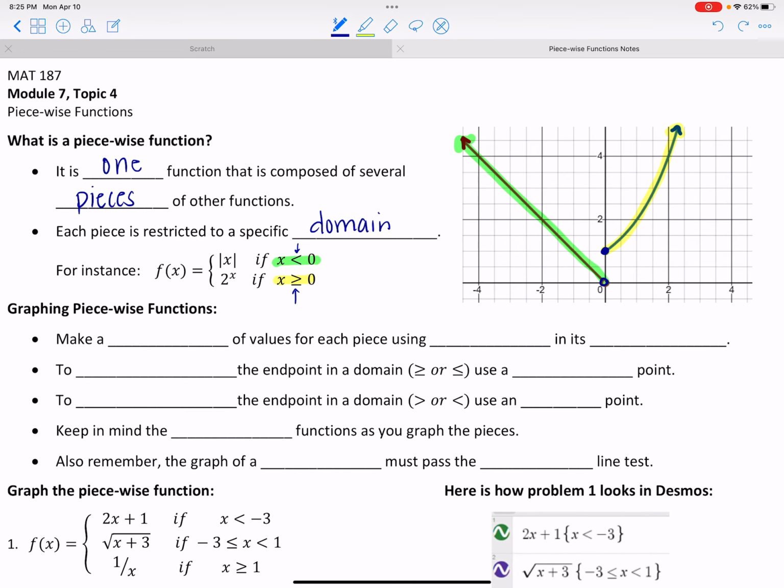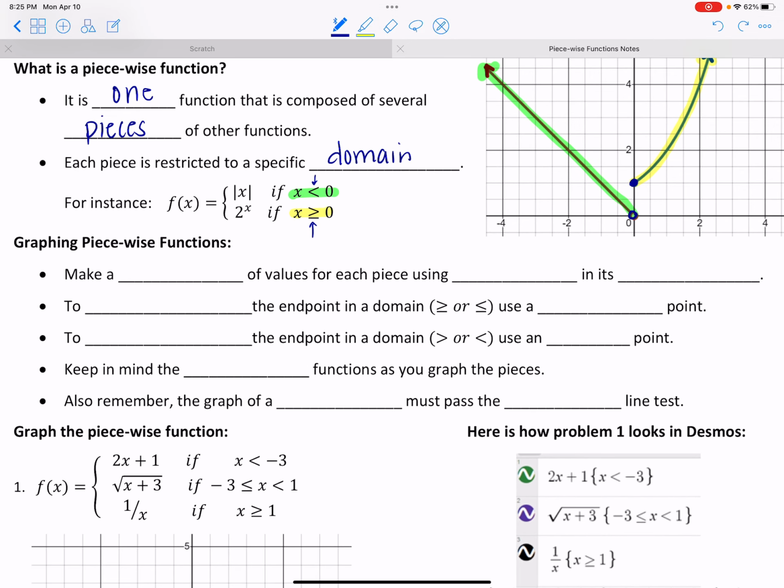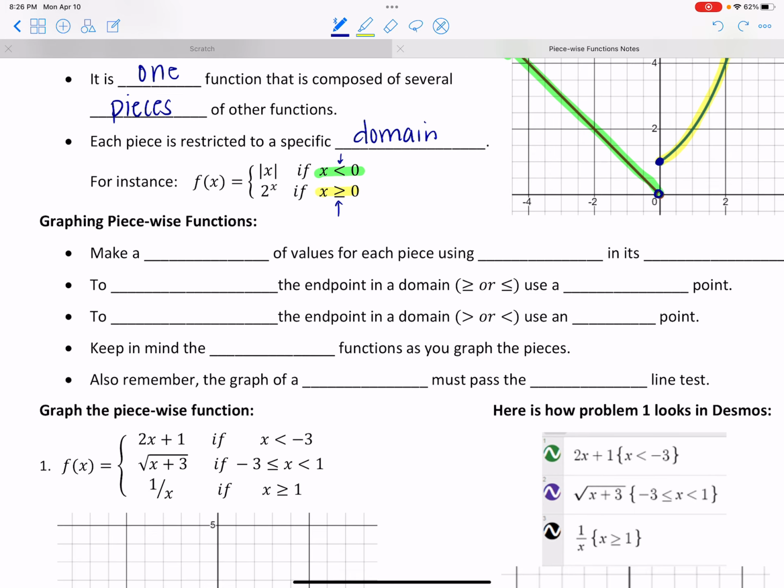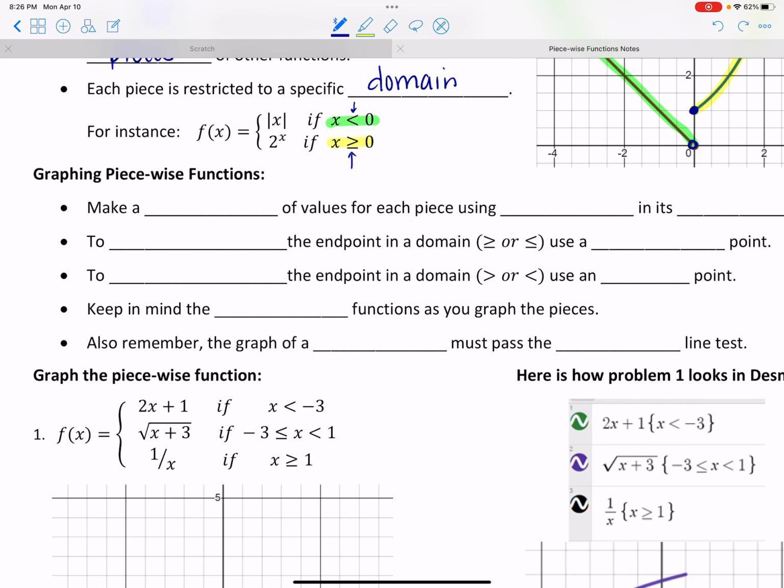Okay, so that's the concept behind a piecewise function, and hopefully we've seen these before. So we should be able to produce a graph of a piecewise function if we were asked to. This is something you could do by making a table of values. It's like the old school way to do it. I don't actually make a table of values by hand. I sort of make a table as I'm going along and making the graph at the same time,